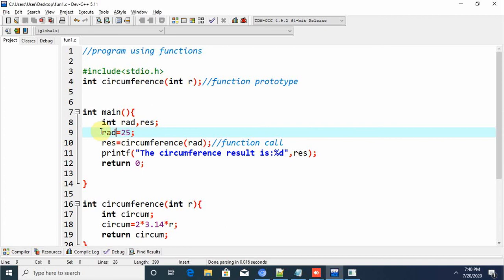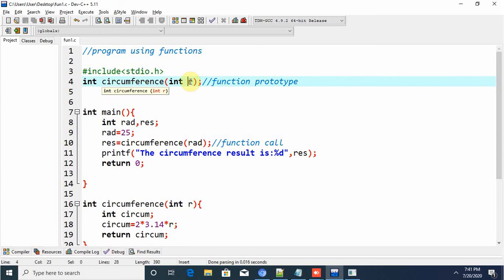Because this is coming from the main program. But these are the variables created in the function part. So those are called formal parameters or arguments. Parameters and arguments are nothing but variables, Girish, but there are some terms.